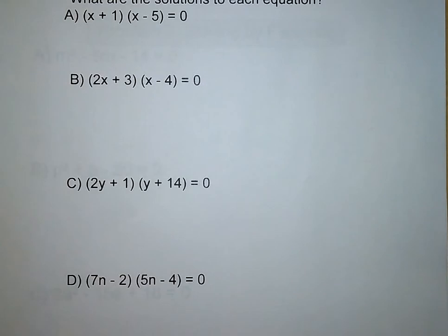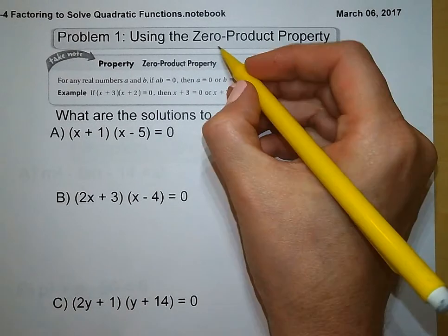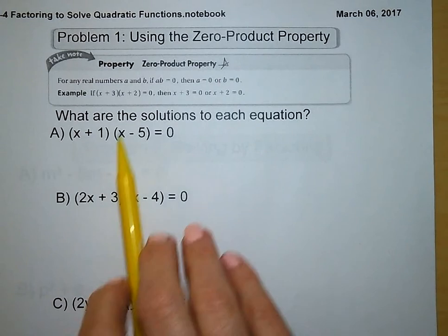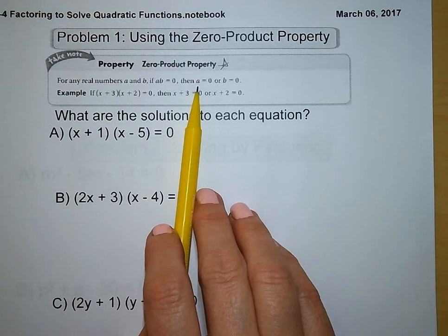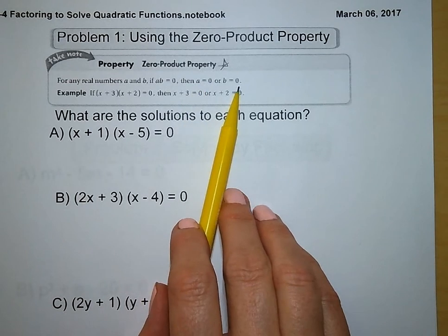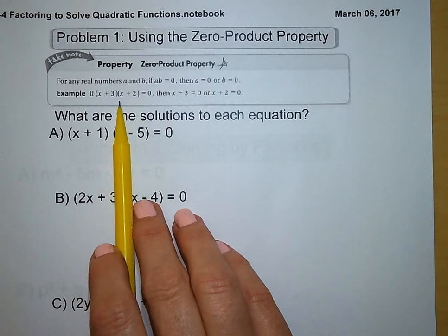Alright, so problem number 1, using the zero product property. The zero product property says that if A times B, two things multiplied together, is equal to 0, then either A or B is going to be equal to 0. And we can use this to take our terms for our factors, our binomials, and come up with solutions for